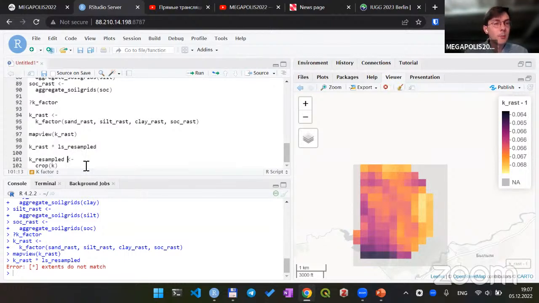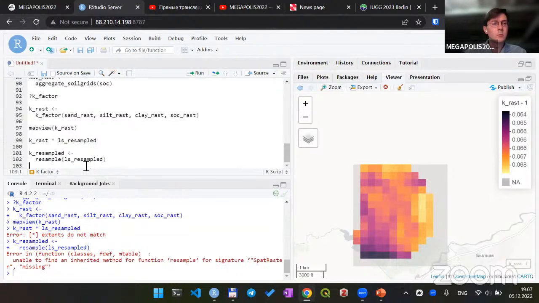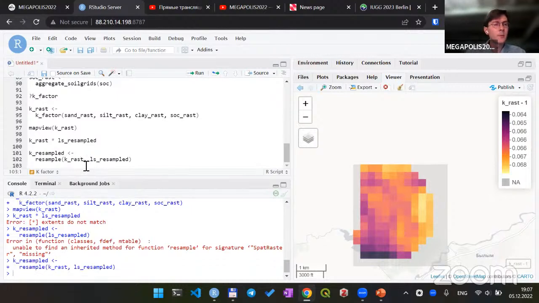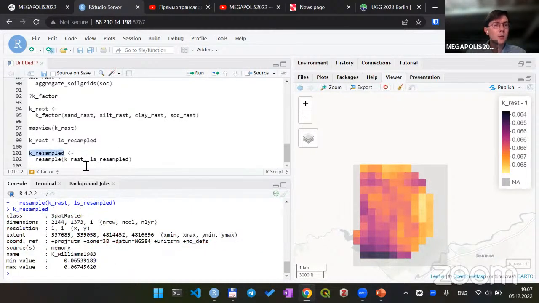So k resampled, using the resample function from Terra. We will use, I think, the ls resampled object. Oh yes, I'm sorry. K rust and ls resampled. Okay, so now our k factor raster